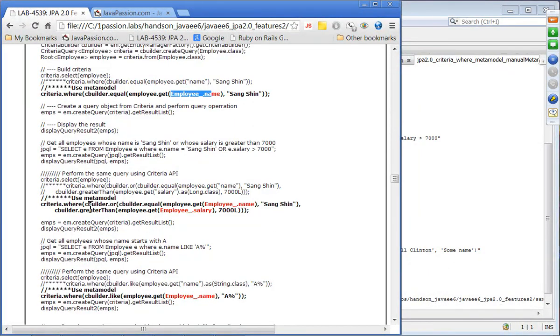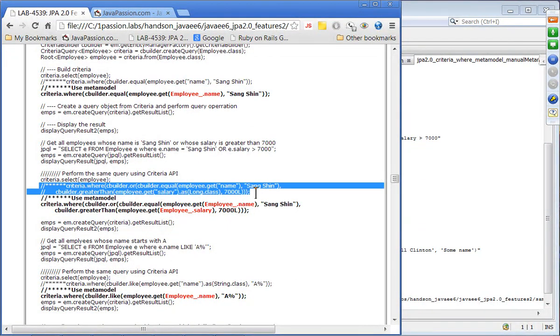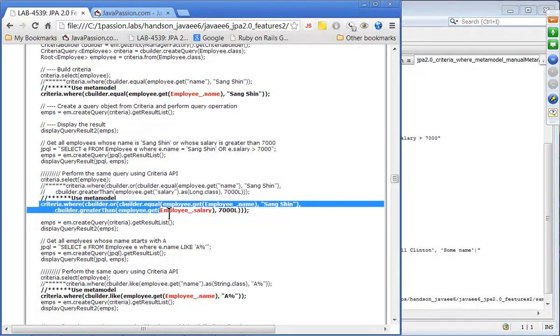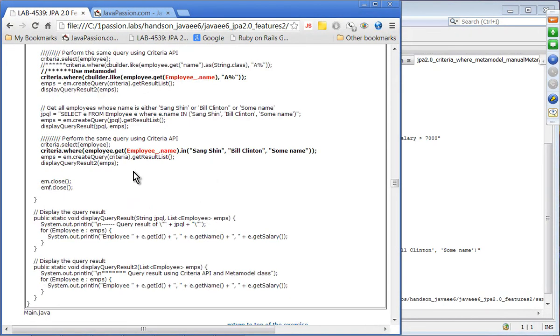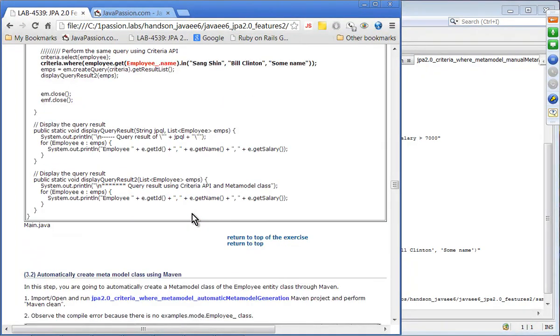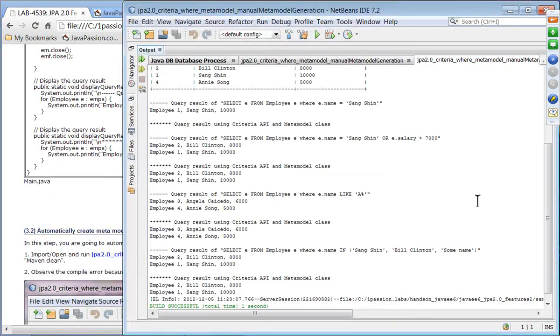So again, the example shows this is a case where you're using the Criteria API without the metamodel, and this is a case where you're using the metamodel. As far as the code is concerned, it's pretty similar. You're just using this metamodel class. All right, so now let's take a look at